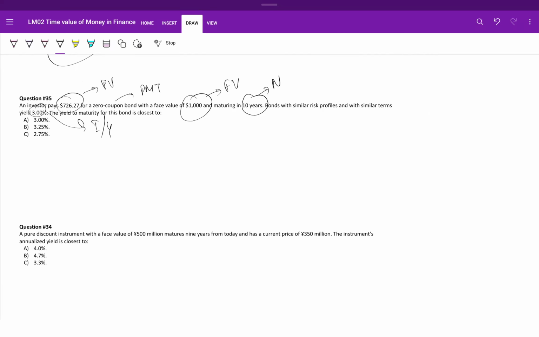So they have actually given everything. The yield to maturity of the bond is closest to what? Bond with similar risk profile. This actually is not the yield to maturity, but something else, with added information in relation to other bonds. So should we incorporate this